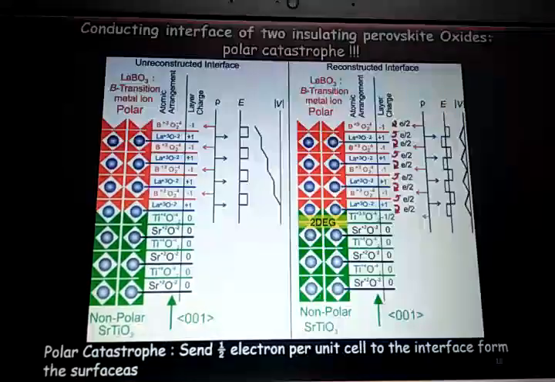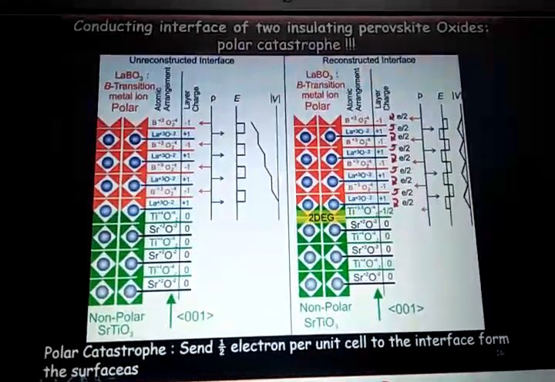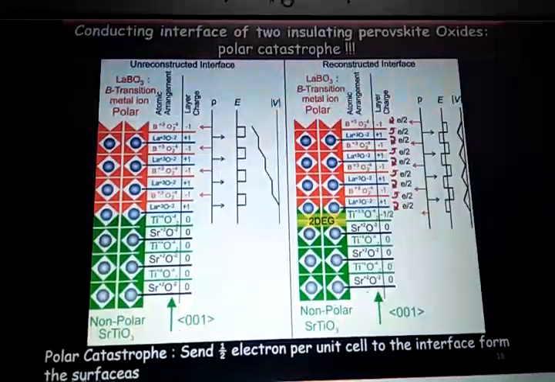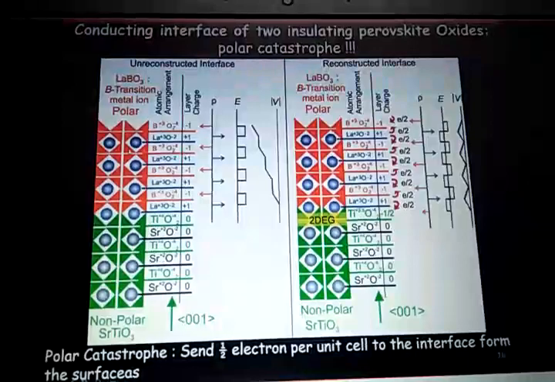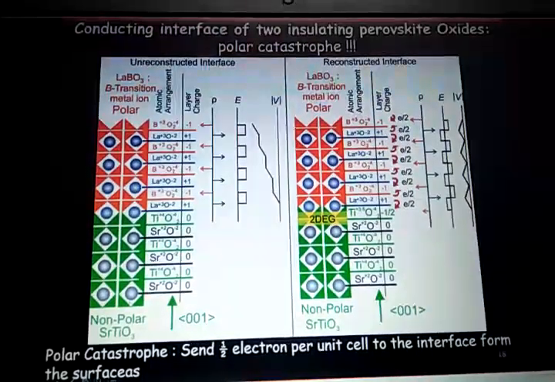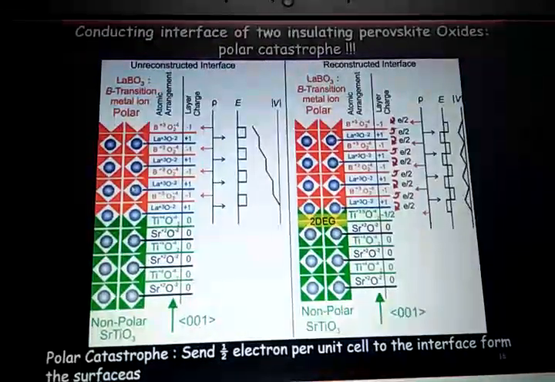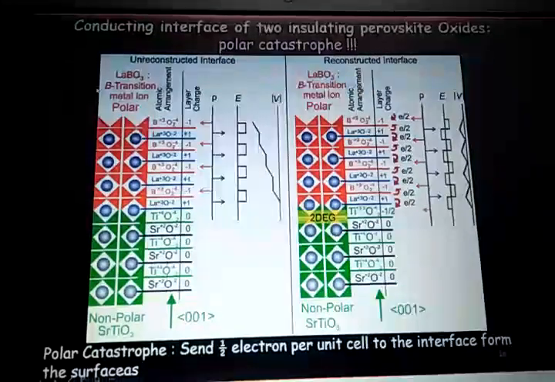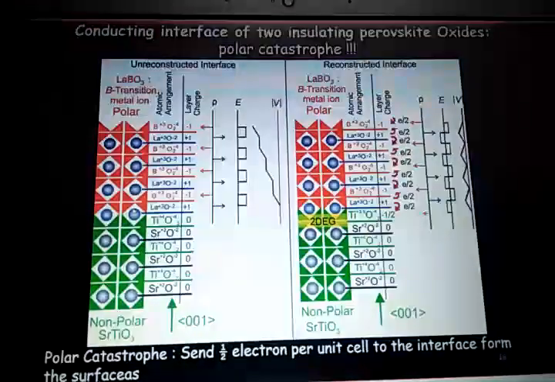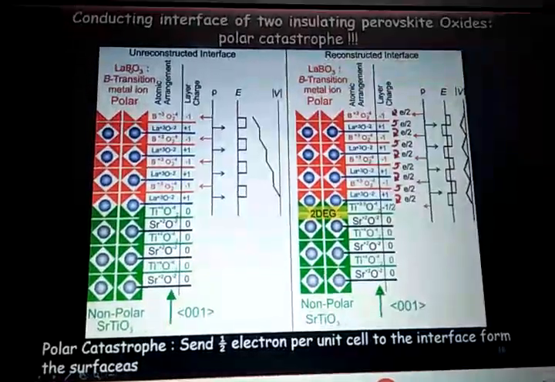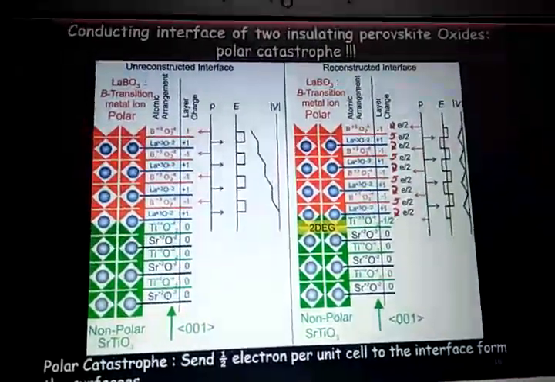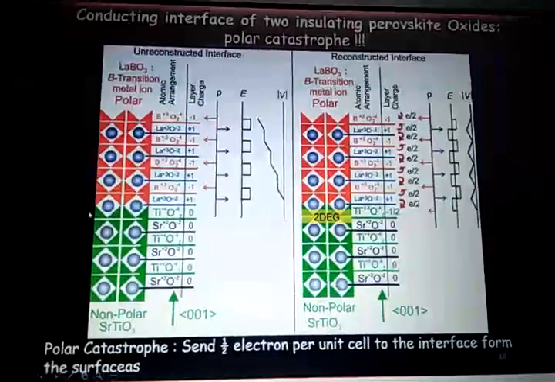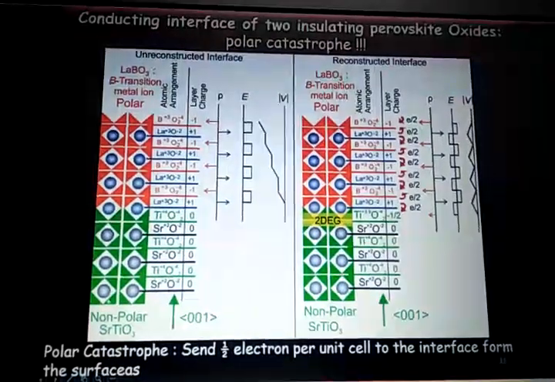So as I already told you, strontium titanate is a non-polar material. What it means is, you can see that there are three layers. At the very left hand side I have shown the crystal structure. Can you see my arrows? If someone is around, yes. Okay. This side shows the crystal structure of the material. Then you have the atomic arrangement of this material in between, and at the very end you have each layer charge. So I am telling you that let's take a strontium titanate substrate,